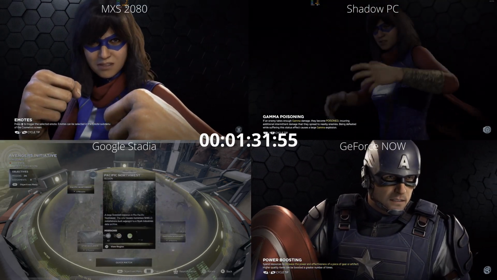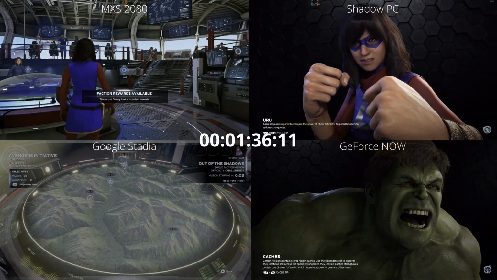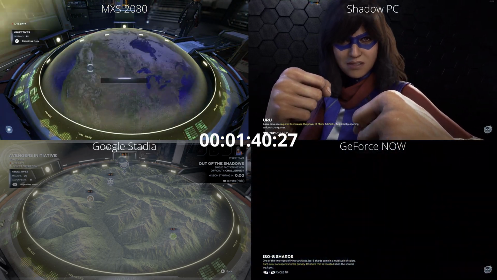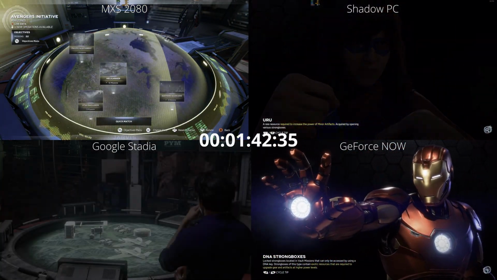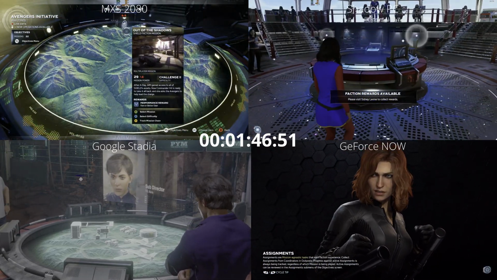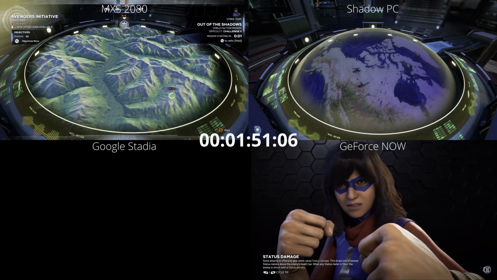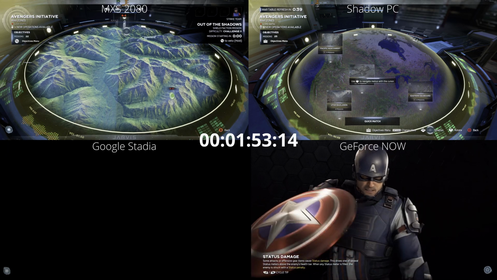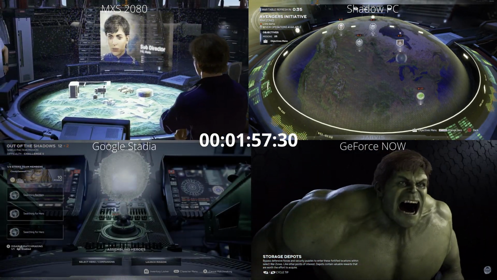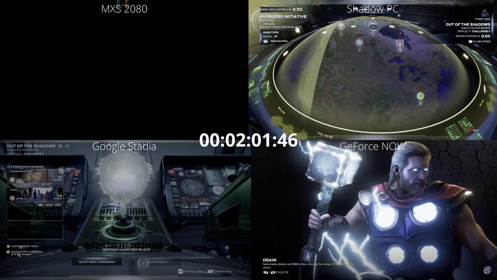but we are going for a speed test all the way to a mission start here. So going into the multiplayer mission for the Avengers initiative, I found that the loading times could vary quite a lot here. You can see Google Stadia has pulled ahead of everyone else. Shadow PC in third, and GeForce NOW, even at 2.5 times, is still loading to the actual war table area